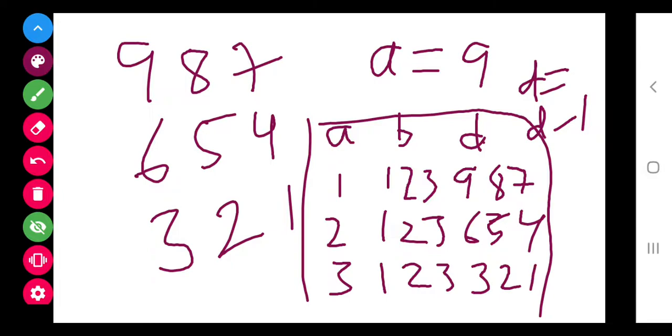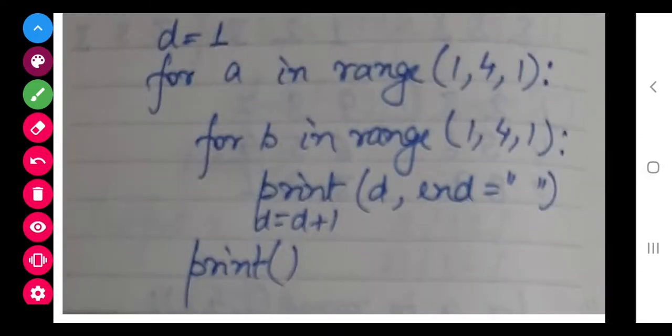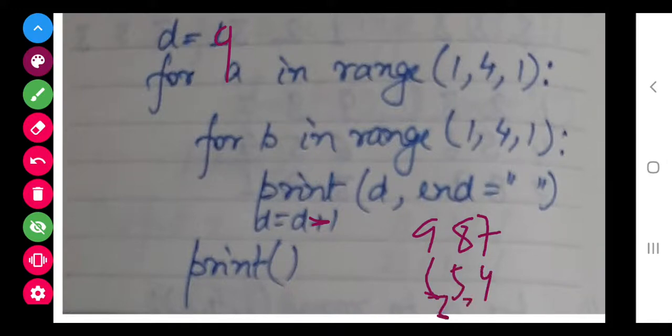So class, overall, in the same program, here we have to give 9 and here we have to give minus. Then the output will be 9, 8, 7, 6, 5, 4, 3, 2 and 1.